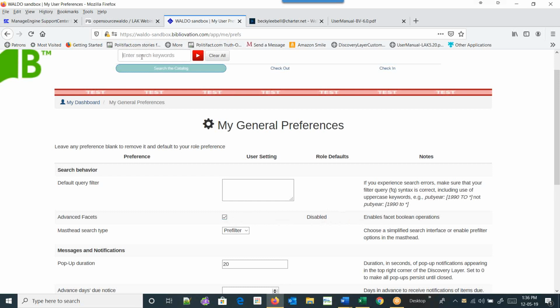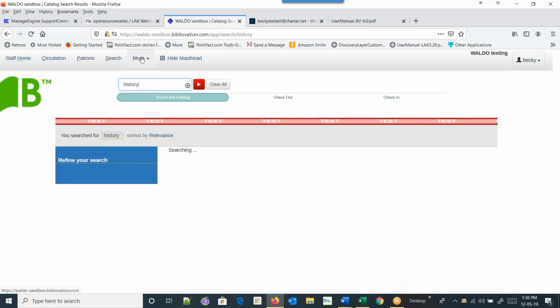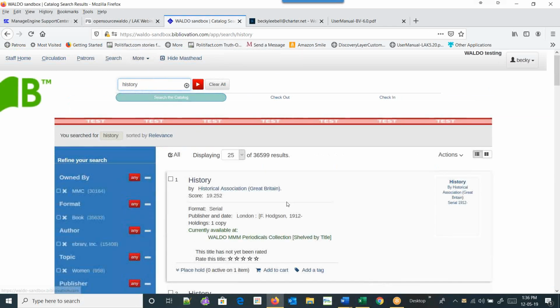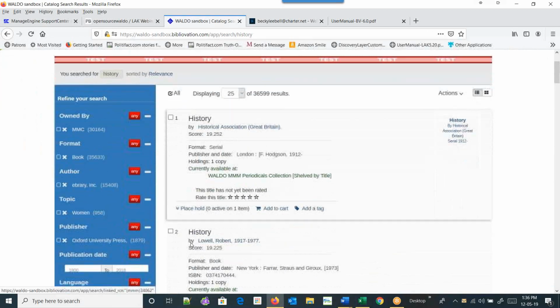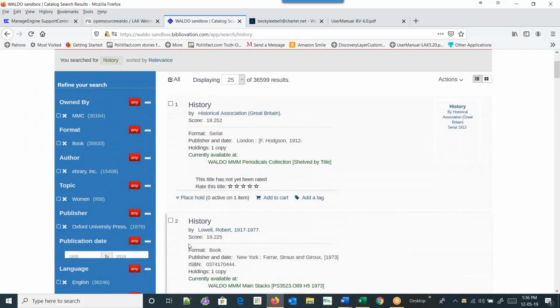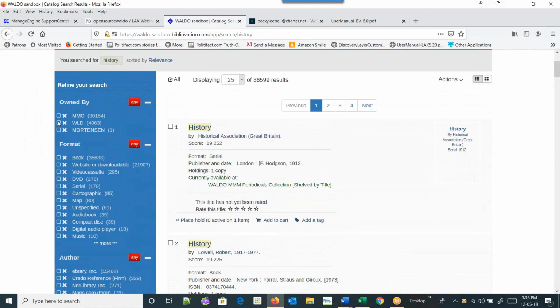When you go to use it, I'm going to use a very broad search. When I do my search and it comes back, you'll see that there are some additions to the facets that weren't there before.